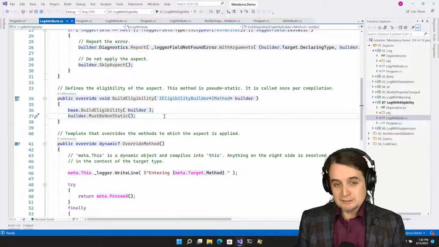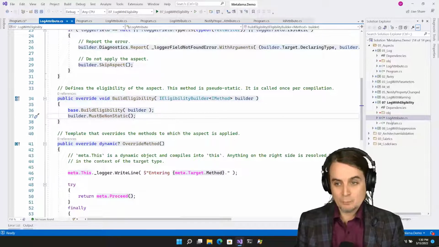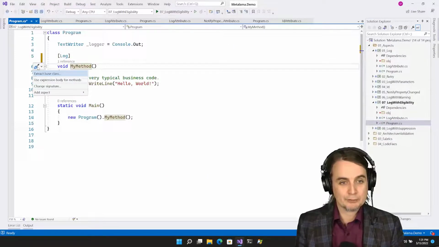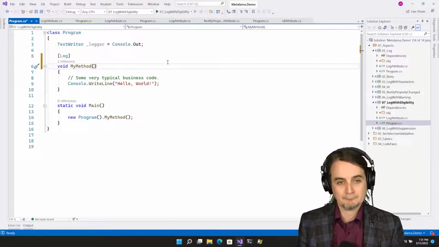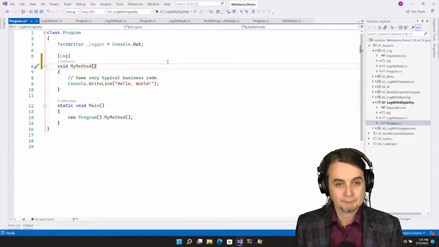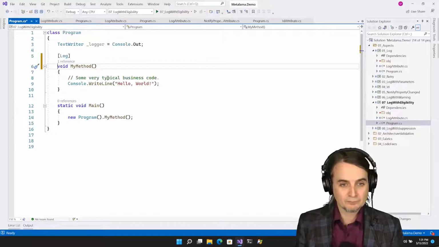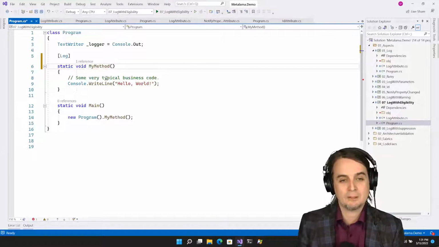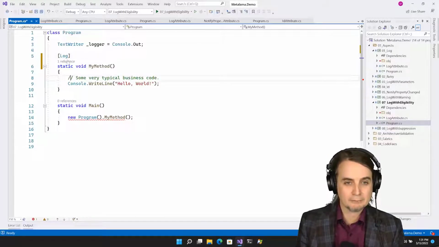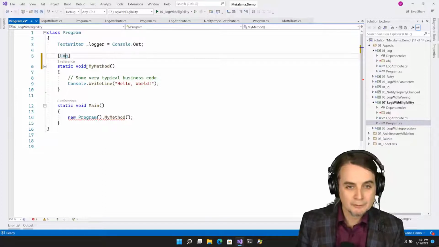The eligibility has two effects. One is that it integrates with the light bulb menu so that you do not get suggestions for aspects that are not eligible. And the second is that if you do that with code anyway, you are going to have an error report, which sometimes doesn't work.